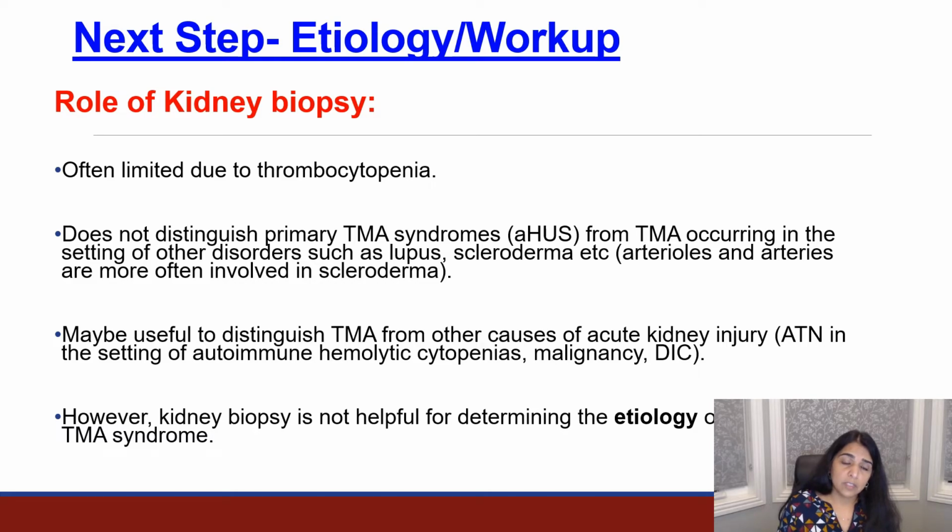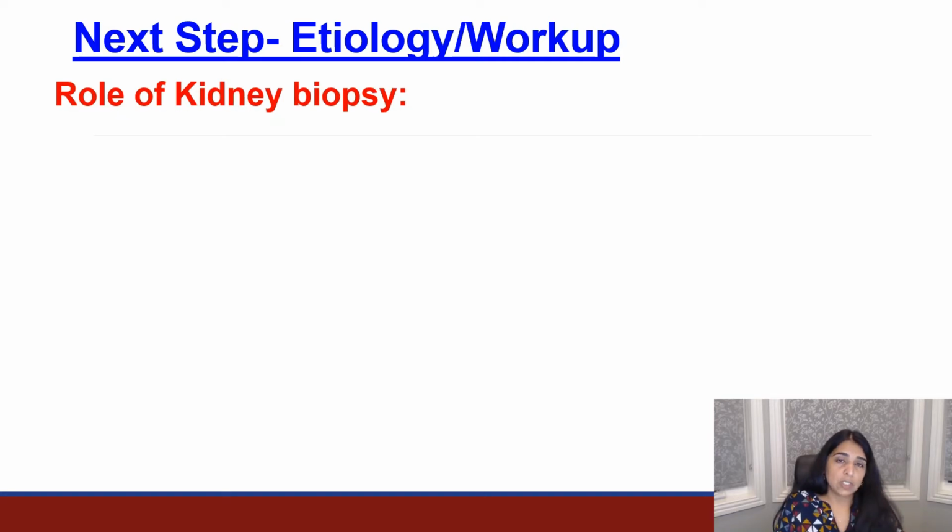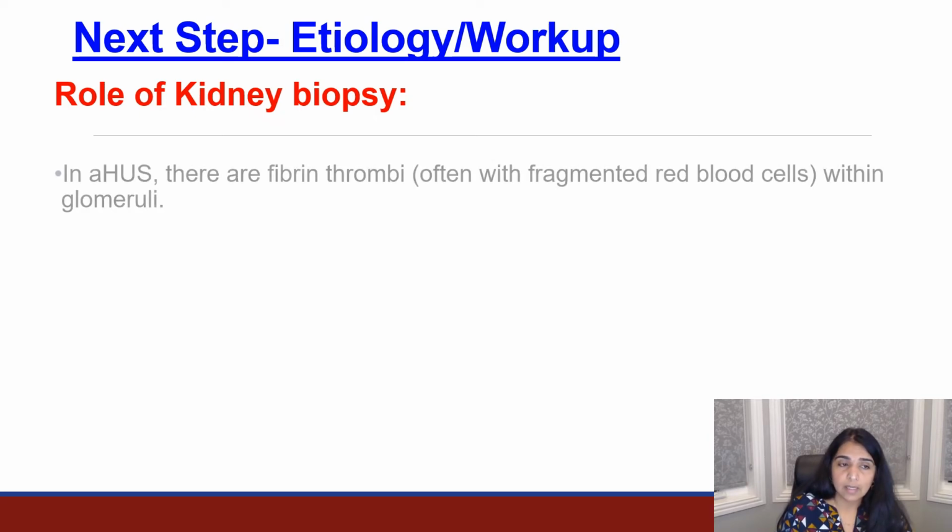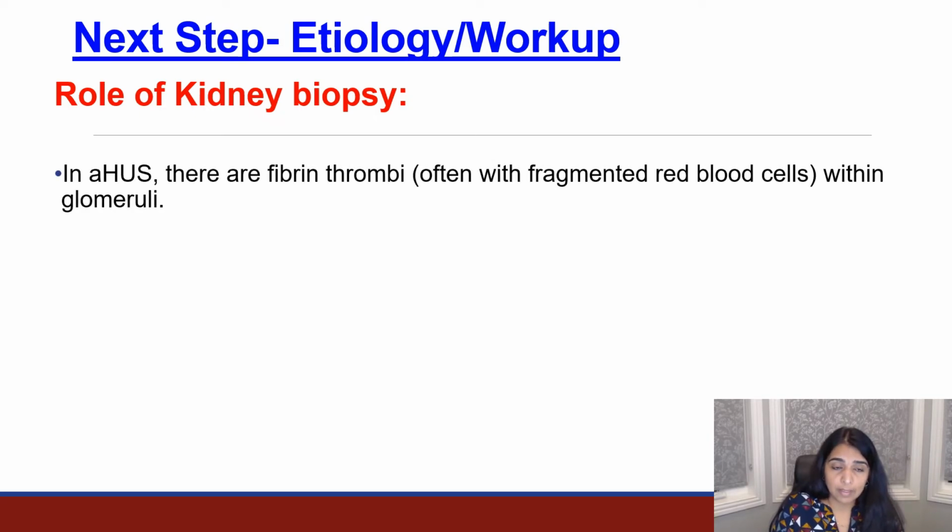So for this particular patient, given that her platelet count is so low and we have a clear-cut diagnosis of TMA, there is no real role of doing a biopsy in this patient at this point. However, I do want to mention certain aspects of the kidney biopsy that are important if a biopsy is done in a patient. There are certain terms or characteristic features that are important for anybody to understand. And so if there is mention of fibrin thrombi, that is a classic manifestation of TMA in the biopsy.